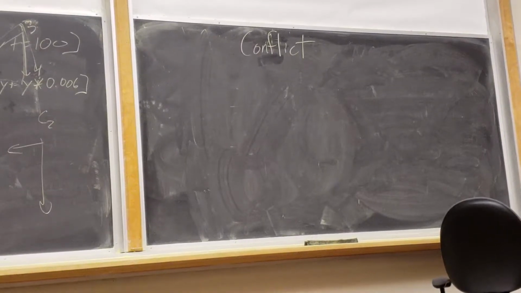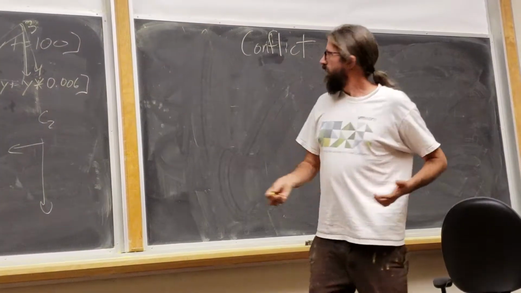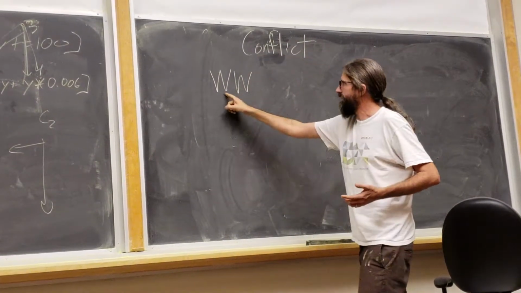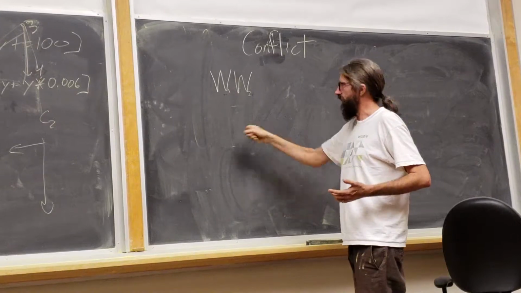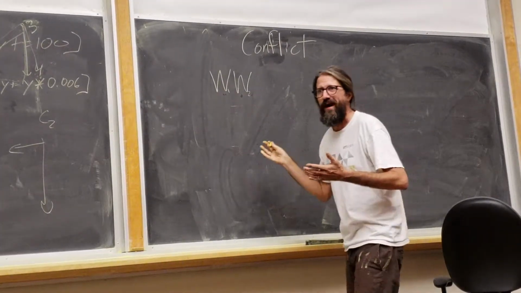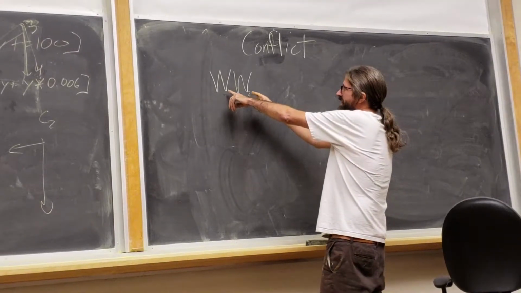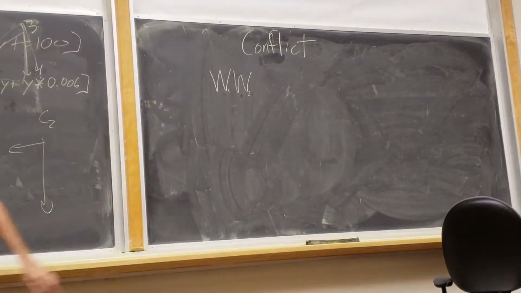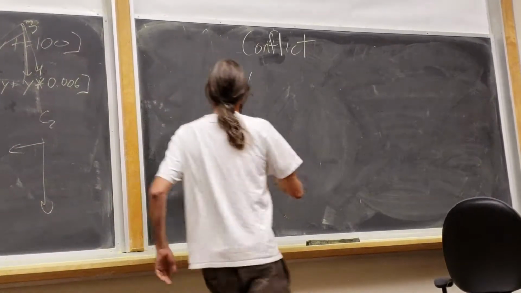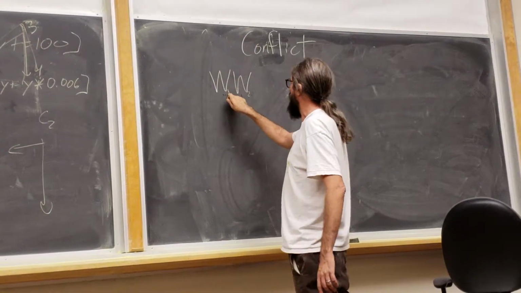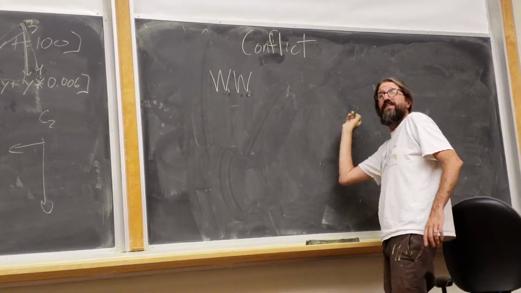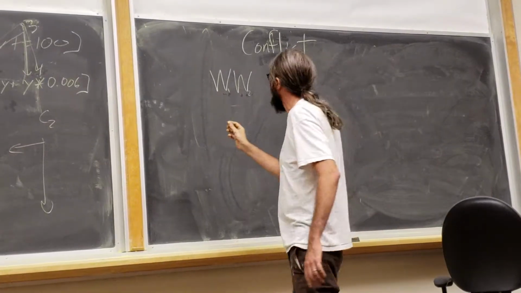Right, so what were the three classes of conflicts we looked at? Read, write... No, we looked at write-write conflicts. And the intuition here is that if the writes happened in this order, then the final database state reflects the value written by the second thing. And had they happened in the other order, something else would happen. Right? So obviously, these conflicts could cause two schedules to not be equivalent. So we want to make sure that if transaction 1's write happened before transaction 2's write, transaction 1's other operations happen before transaction 2's operations in this schedule.